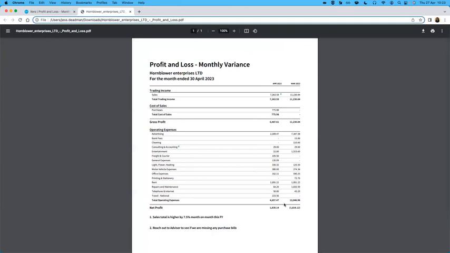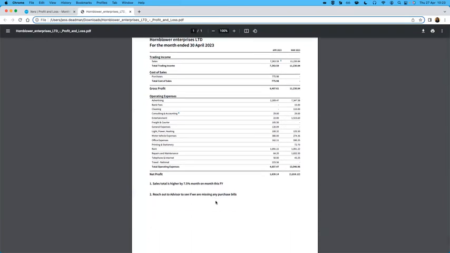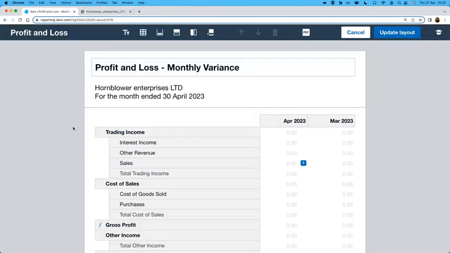We'll click that and we'll open up that PDF document just to see what the report looks like. And so far, so good. And there you can see our notes that we have previously added. But let's say, for example, your report spills over 2 pages. Well, if that's the case, you may want to add a page break, and I'll show you how we can do that. Heading back over then to our profit and loss,